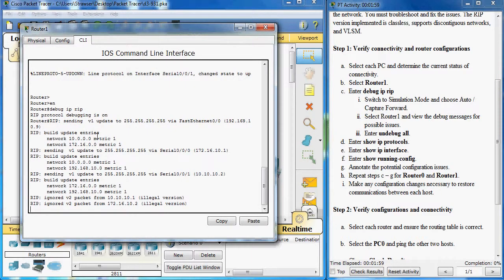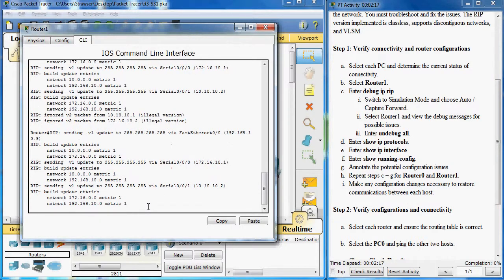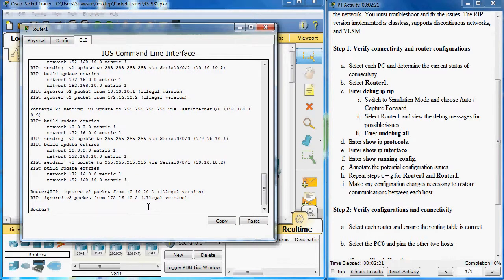It looks like it's sending version 1, but getting some packets back that are version 2. So that's not working, so we've got both of them configured. We'll have to work on that. And we want to